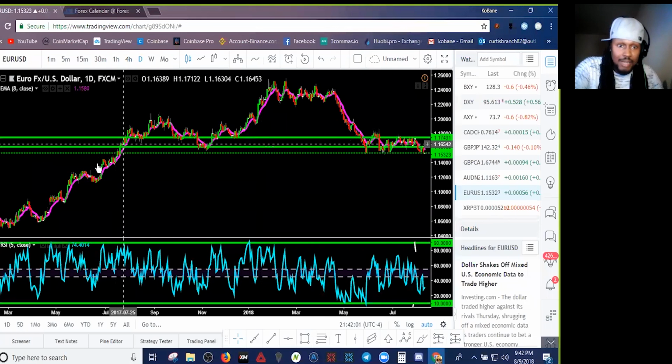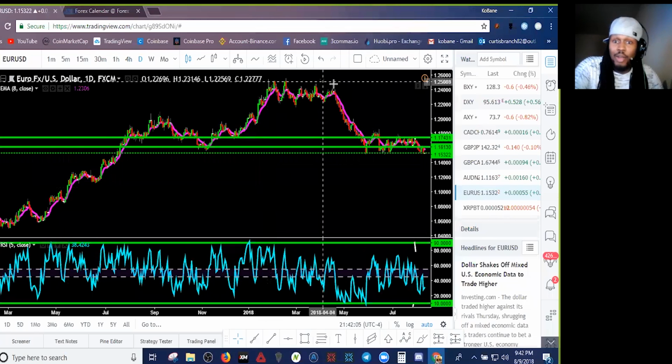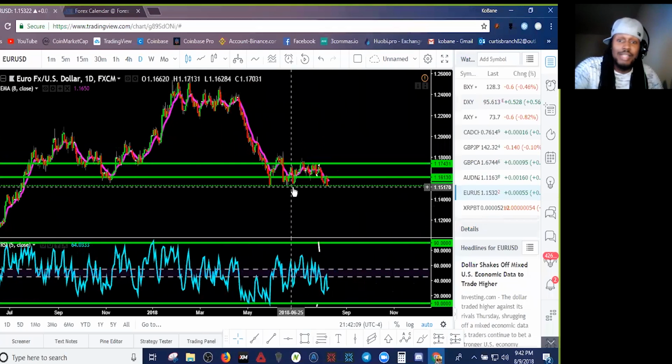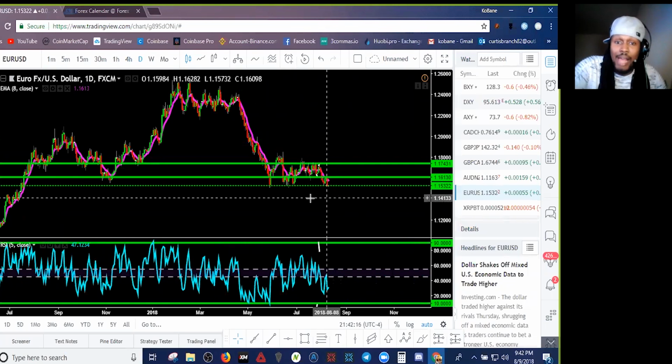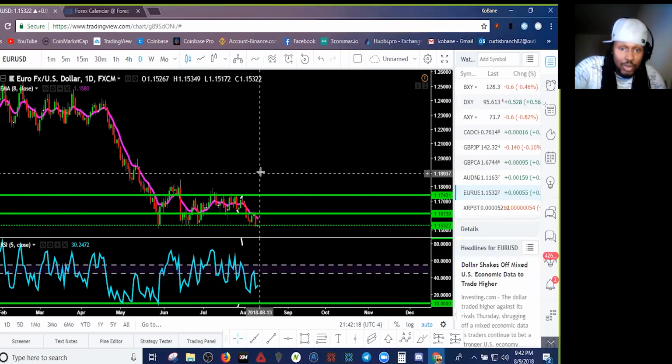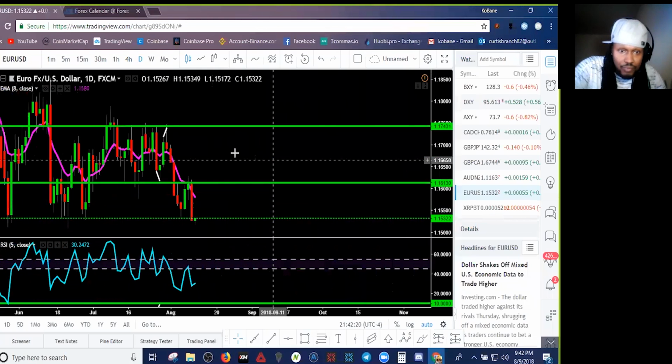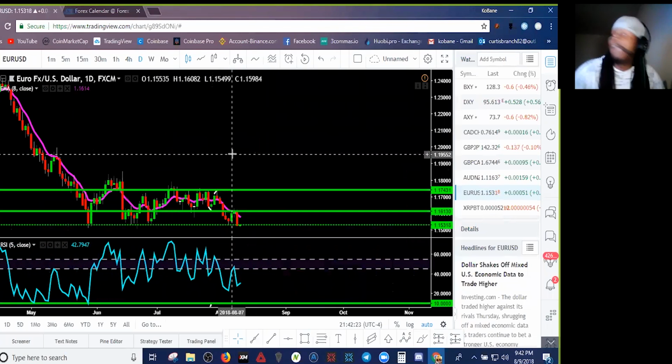We've seen price come from this point, push up, consolidate, and continue to move higher. We can see price come down, consolidate, and continue to drop lower. So right now, like I said, we're in a zone where it can go either way. You really want to watch to see exactly what happens from this standpoint, because now when you look at this, what has happened is, if this was a fight,